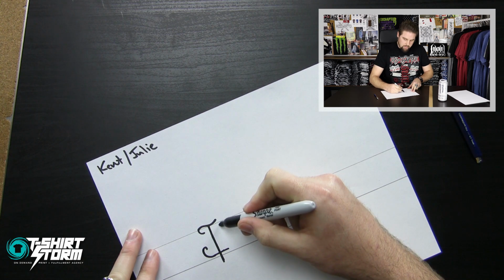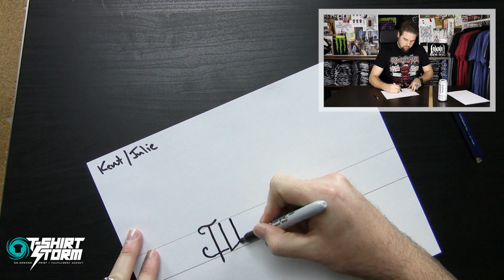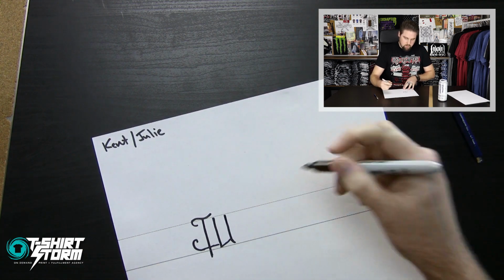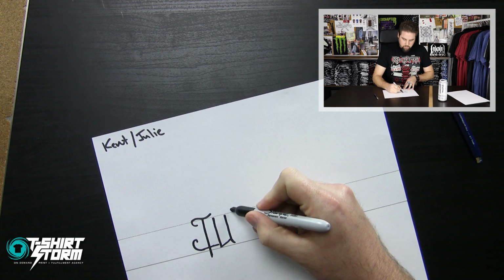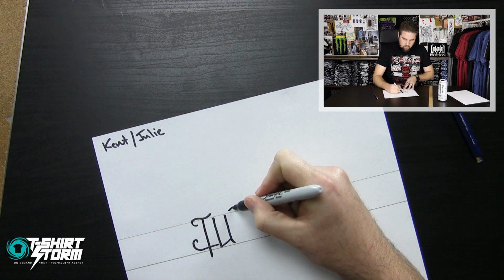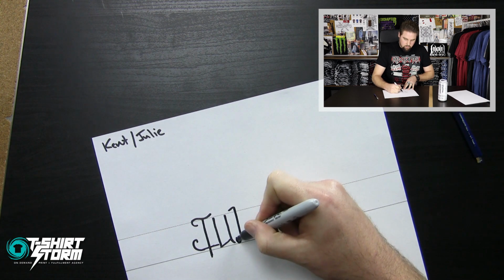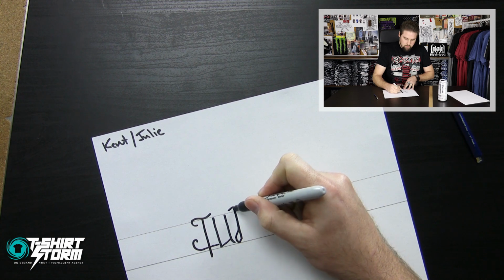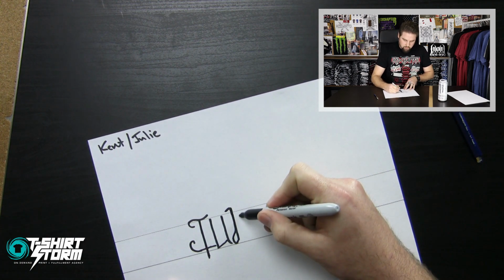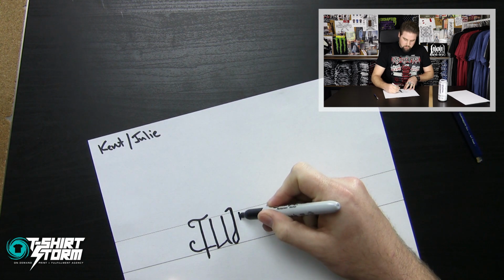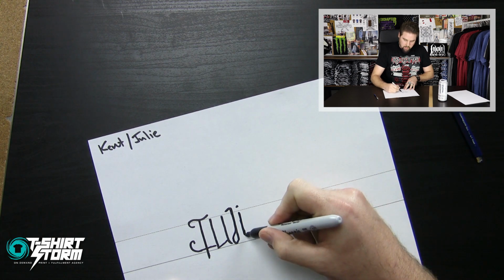And then we're going to do, this is nice. So this is an N to U, which is pretty much a naturally occurring solution. So U to N that way. And then we've got an L to E. So we're going to do a little bit of something up here. We're going above the X height so that it's distinguishable as an L. And we're going to do a lowercase e actually. And I know it kind of looks like it might be a D, but context will take care of it here just a second.